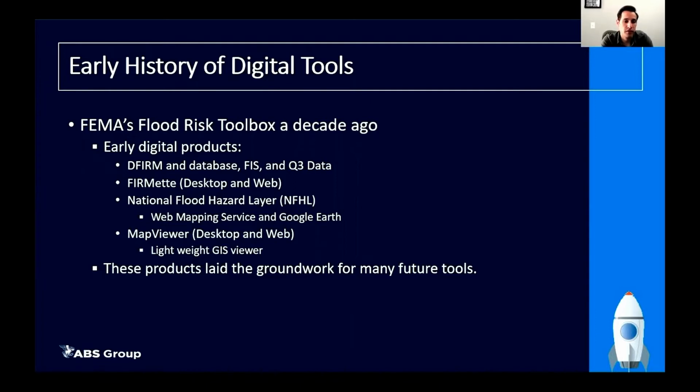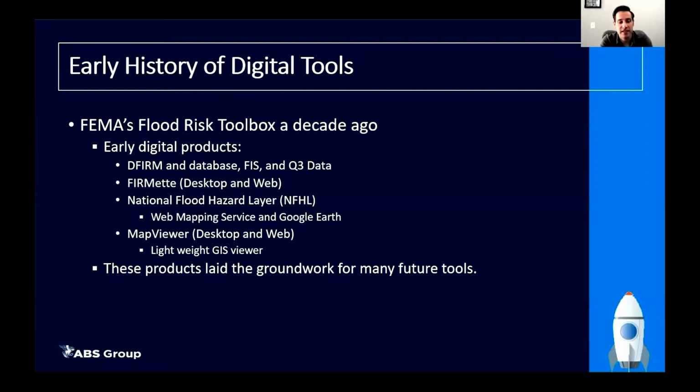We had FEMA's oldest tools, but FEMA is basically a scaled down version of a FIRM map so that it is printable. Once we had all this digital data, FEMA realized that it'd be great to have it in one database, which is what we call today the National Flood Hazard Layer. And then FEMA also enabled